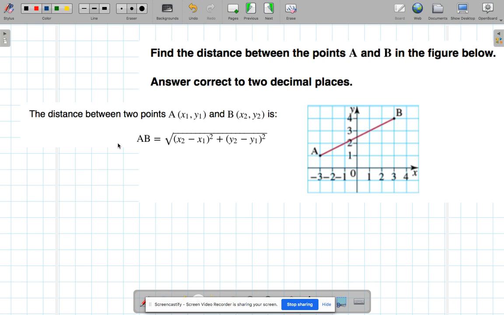Let's have a look at the distance formula to find the distance between 2 points. Here's the formula here. Looks a bit like Pythagoras' theorem, doesn't it? It's sort of related to that, really, in a way. It's using the theory behind Pythagoras' theorem, which remember was c squared equals a squared plus b squared. Okay, so when we were finding c squared, we were actually doing this process. If you think about Pythagoras' theorem,